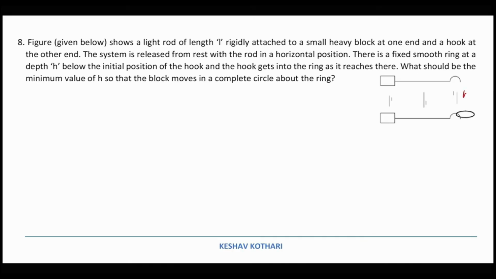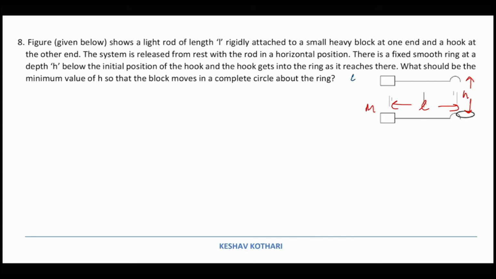So at a depth h below the initial position of the hook, and the hook gets into the ring as it reaches there. What should be the minimum value of h so that the block moves in a complete circle about the ring? So these are the dimensions that are given to us, and we are considering the mass is equal to m. So for this particular problem, we consider that when the system is released from here, the speed